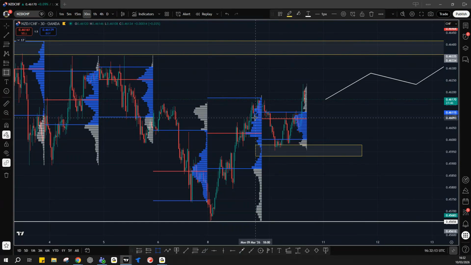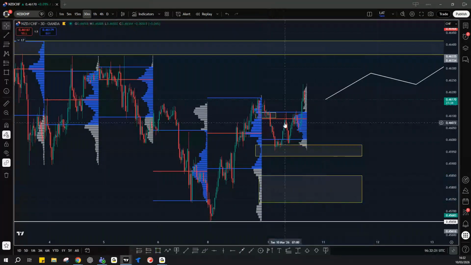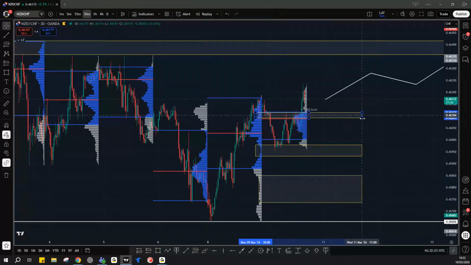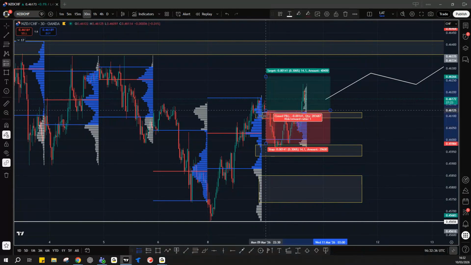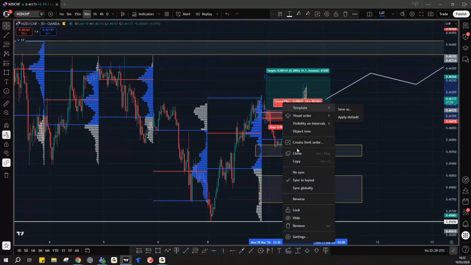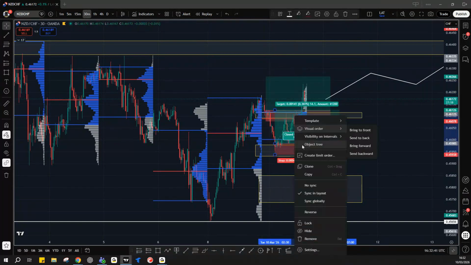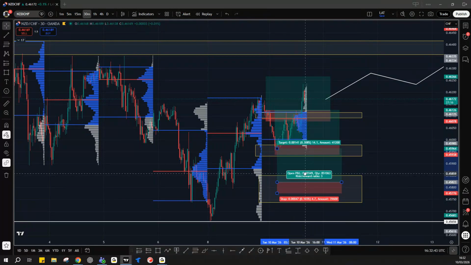It does leave you with quite a few levels. So we could say, this is an area of thin volume. That could be our support at the start of the day. There's a big cave of thin volume down here. We might see the price down to there. So when you're looking at some of the levels, especially low volume, high volume, you can end up with several different levels throughout the day. To avoid entering there, getting stopped out, entering at the next one and it continues getting stopped out and then finally getting the trade on the last one.